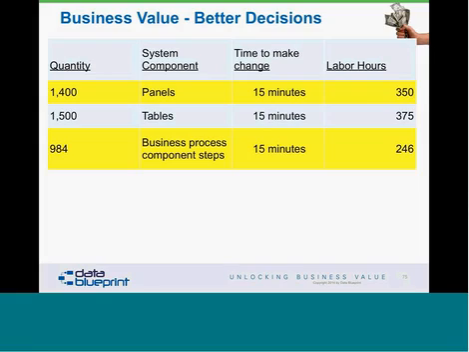Similarly, under tables, there were 1,500 tables that needed changes. And again, if I put 15 minutes per change, that gives me 375 labor hours that are associated with that. And in the business process component step names, we also had to make some changes there. There were 984 of those instances. Again, just putting a measure of 15 minutes per change on it, I got 246 labor hours